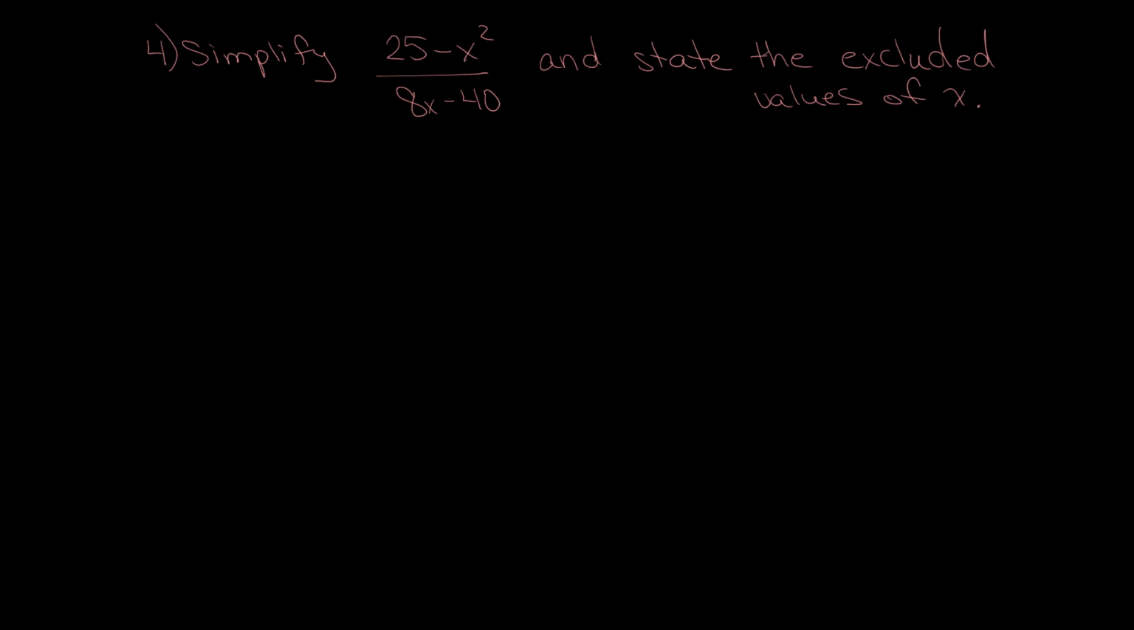Number 4 says simplify 25 minus x squared over 8x minus 40 and state the excluded values of x. Well, this is something that you don't see very often, but you can. Do you see how the x squared is in the back of the 25? It's behind it. I don't like that. I want to put it in the front. So I could change this to negative x squared plus 25 over 8x minus 40. But then you've got a negative quadratic term. So what I'd like to do is factor out a negative 1 and make this x squared minus 25